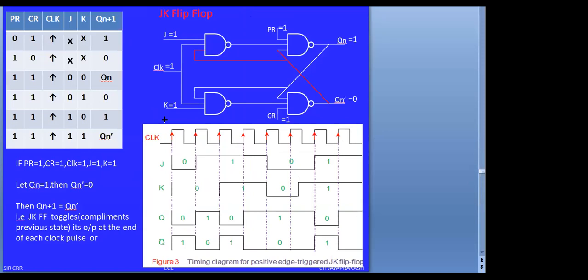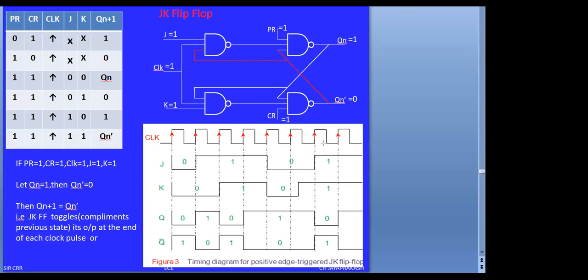Toggle ante the previous 0 ante 1 ki maarutundi, previous 1 ante 0 ki maarutundi. Eppudu maarutundi ante for each and every clock edge ఎప్పుడైతే కనిపిస్తుందో during this particular clock edge, ఈ clock edges దగ్గర మాత్రమే అవుట్పుట్ లో చేంజ్ కనిపిస్తుంది. ఓకే, this is the advantage when it is compared with SR flip-flop. SR flip-flop disadvantage eliminate చేయడానికి JK flip-flop వాడుతుంది.